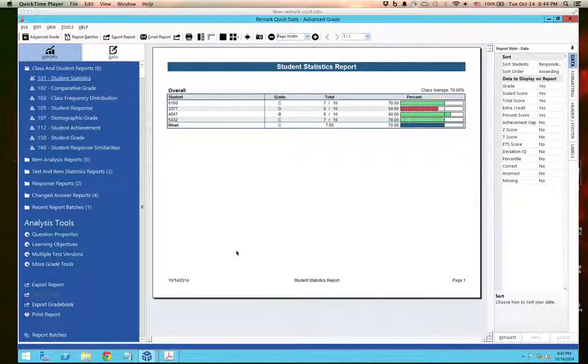This video will go over how to export files after you've finished grading. So on this panel here are all of your options for different reports that you can export. I've set up a batch report so that you don't have to find different files every time. So if you just click on report batches,